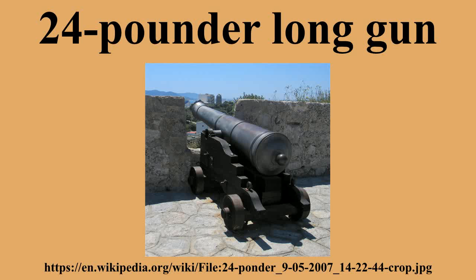The 24-pounder long gun was a heavy caliber piece of artillery mounted on warships of the age of sail, second only to the 36-pounder long gun. 24-pounders were in service in the navies of France, Spain, Great Britain, Netherlands, Sweden, and the United States. They were comparable to the Canon de 24 Gribeauval used by the French Army as its largest piece of siege